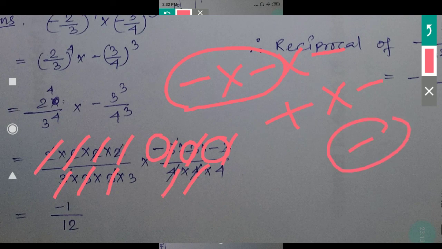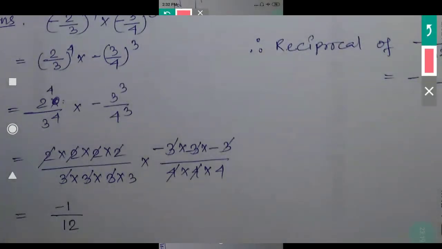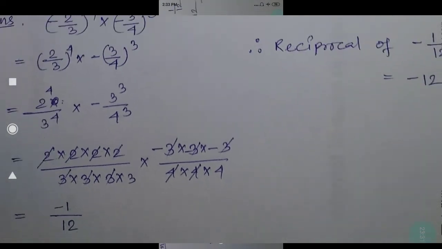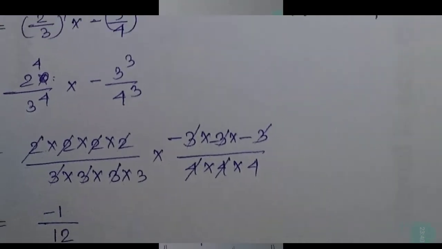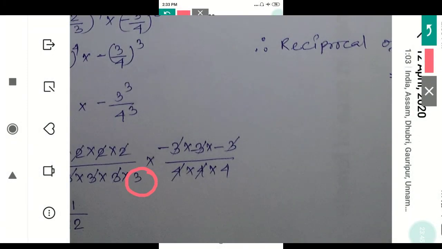That means ultimately at last you are getting how many minus? 1 minus. See, there is a simple trick. If minus is multiplied an odd number of times, it will be minus only. If minus is multiplied an even number of times, that means 2 times, 4 times, 6 times, then it will be plus. So here no need to multiply, simply check how many minus signs are there. 3 minus, that means multiplied an odd number of times, so it will be negative. So negative 1. Now after cancellation, what is remaining? Here 3 is remaining, and here 4 is remaining. So 3 4s are 12.